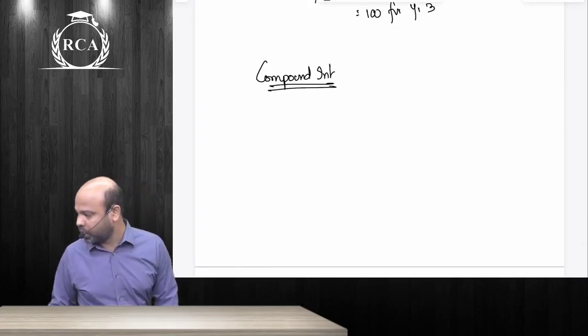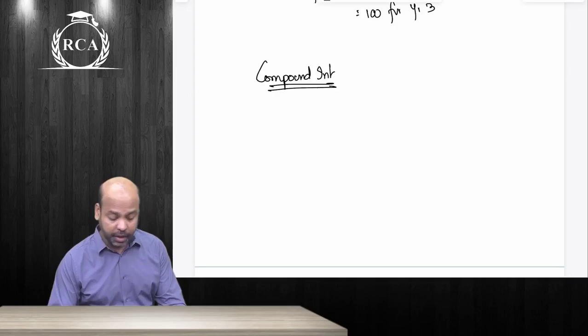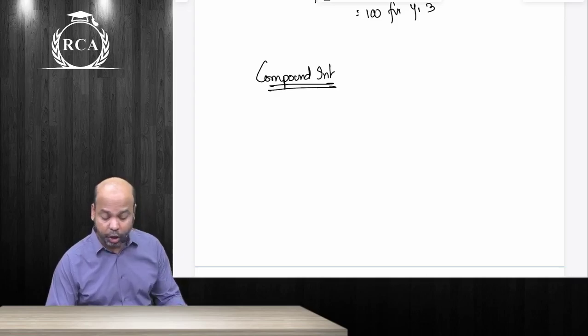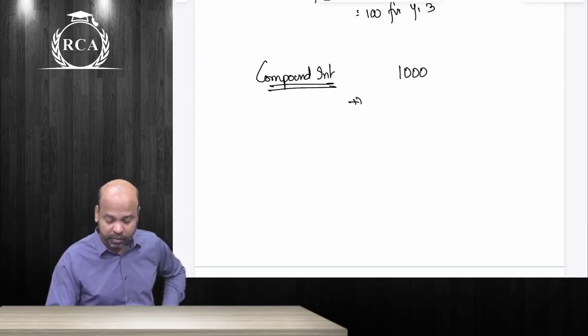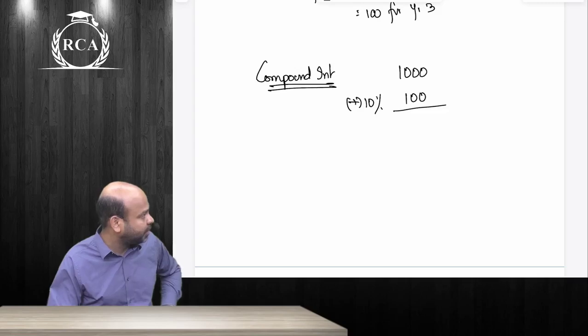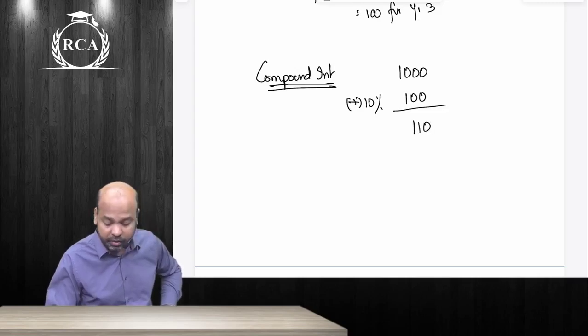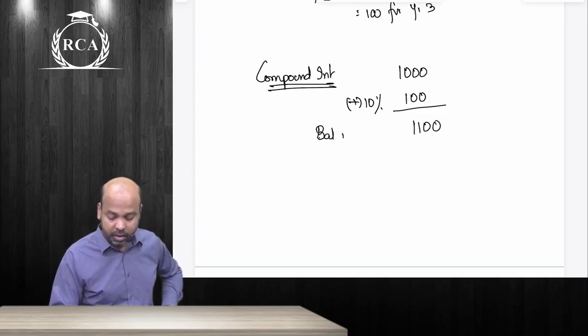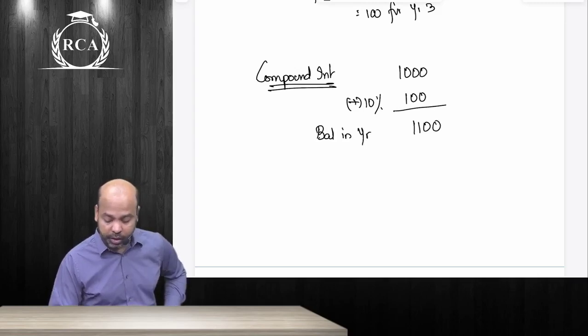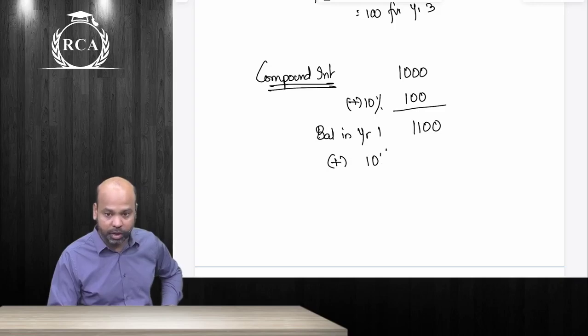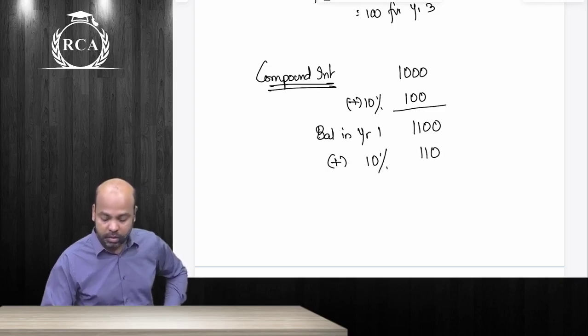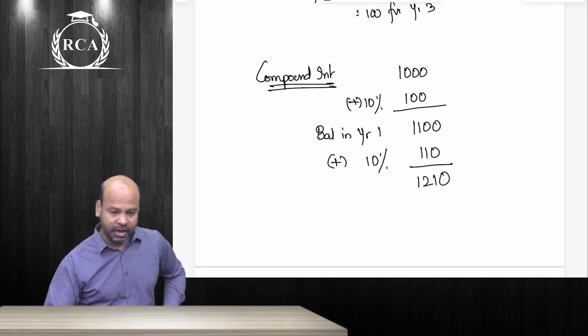Under compound interest as such, beta, interest will always be given on the accumulated balances. So you have deposited 1,000 rupees. You are supposed to make an income of 10% on that in year one. How much will that be? 100. Your accumulated balance will become 1,100. If you're not withdrawing anything as such, beta, for the next year when they give you interest, that will be on what amount? You will get an interest income of 110.